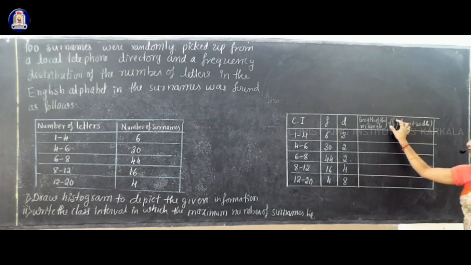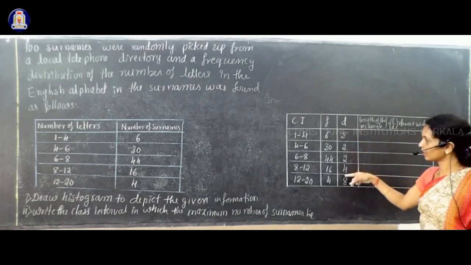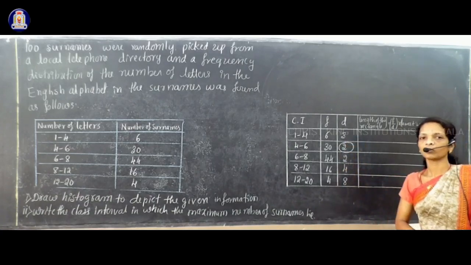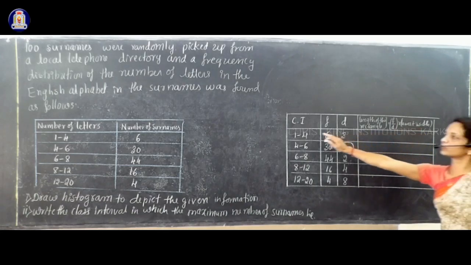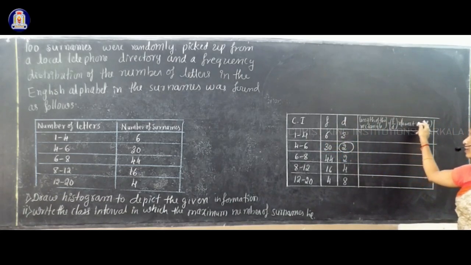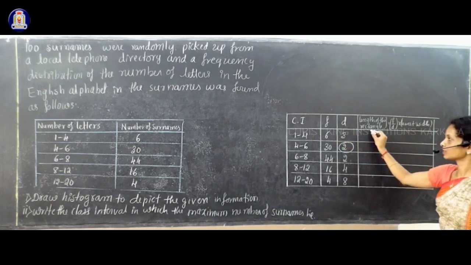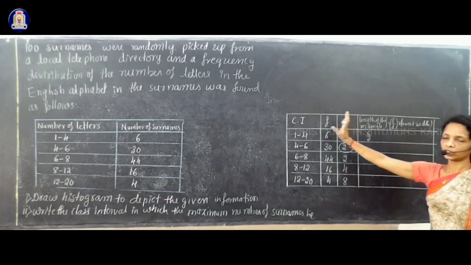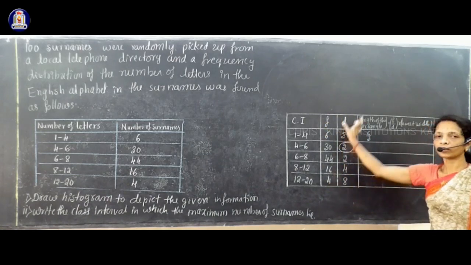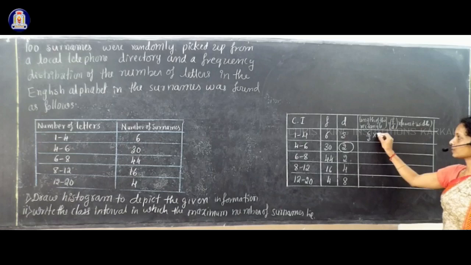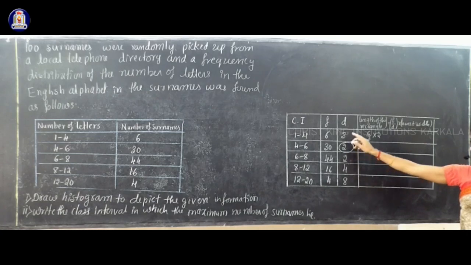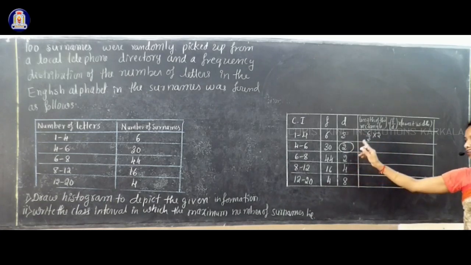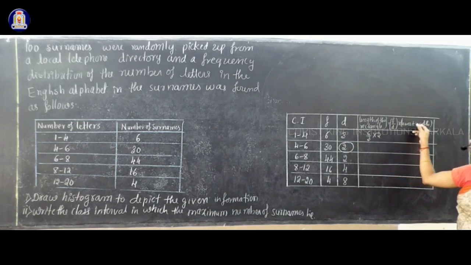So you add this D column extra, and then another column for the length of the rectangular bar. To find that, use the formula F by D into the lowest width. What is the lowest width? Observe these D values. In that, what is the lowest one? The lowest one is 2, so times 2 is the same for all. Now for the first class interval 1 to 4, what is F by D into the lowest width? F is 6, 6 divided by 3. Each time you have to do it like this: second column divided by third column into this number, which will be the same for all, 2. The lowest width is taken from this column, by observing the D values and seeing which is the lowest.